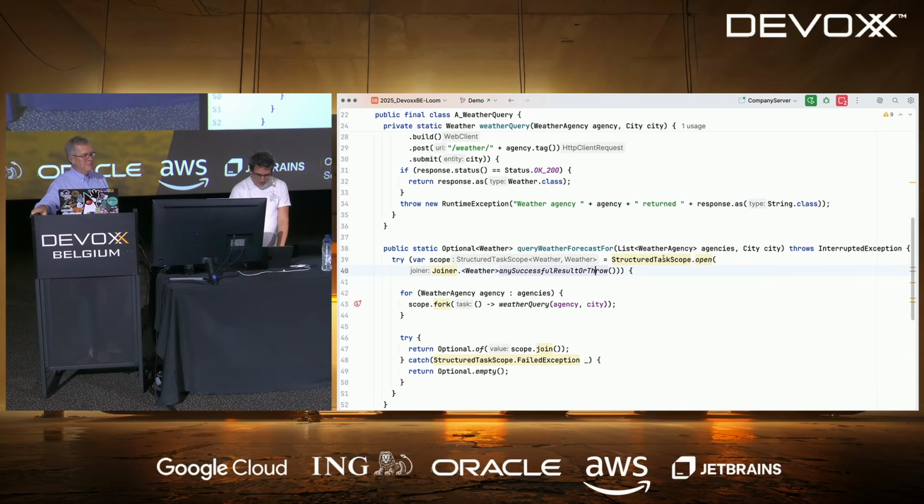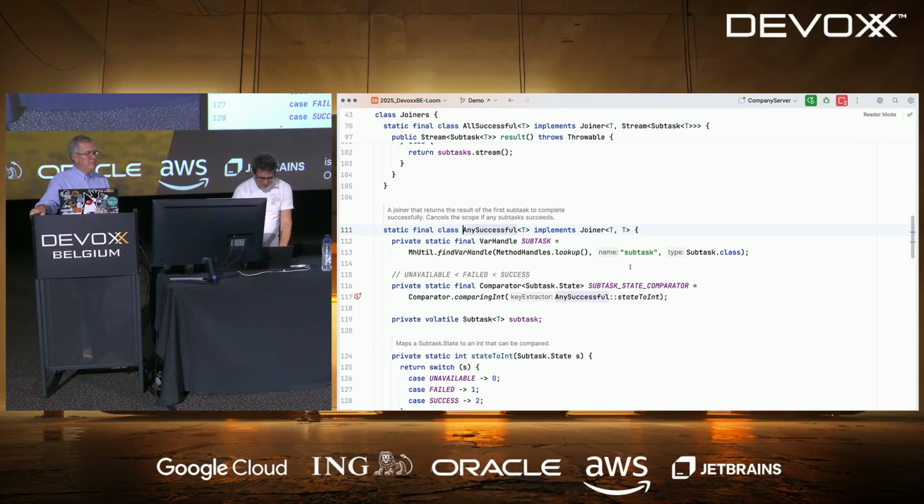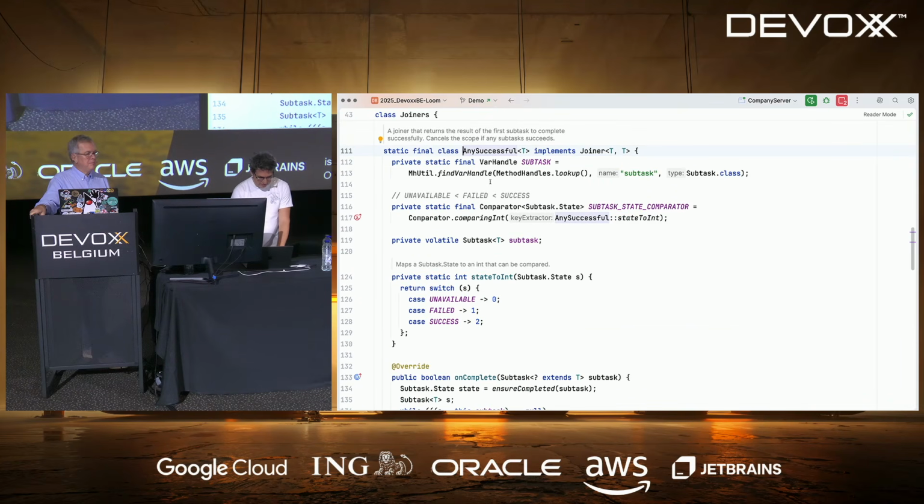So the structured task scope, let's call it STS. The STS is configured with a joiner that will stop once there is at least one result. There is something quite interesting, which is you can take a look at the code of this default joiner, and you can see the field which is important.